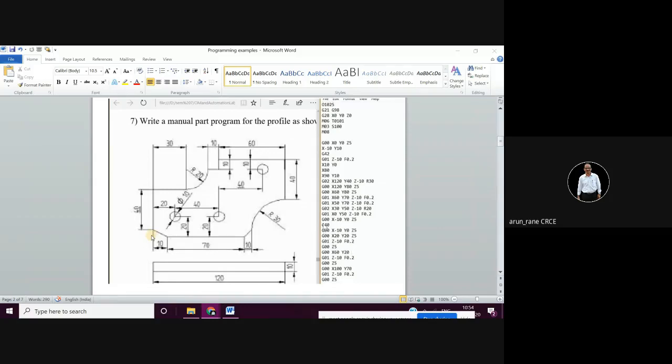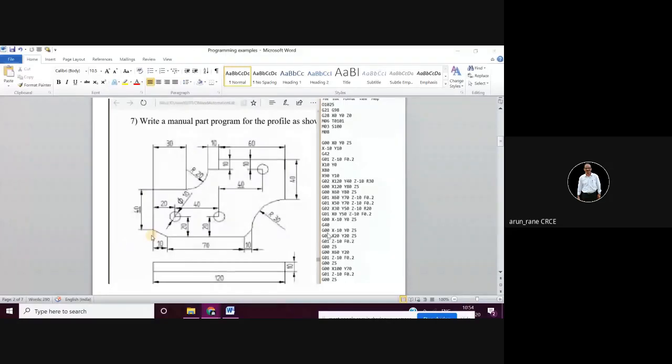Now once this milling is done, that is you are here G4 and then Z5. So इसके बाद after what you have to do, you have to reference it. So after this block you write G28, G91, X0, Y0, Z0. After this block, that means your machine will go to the reference point, and in the same block you can write M06 T2, M06 T2, that is tool number 2.